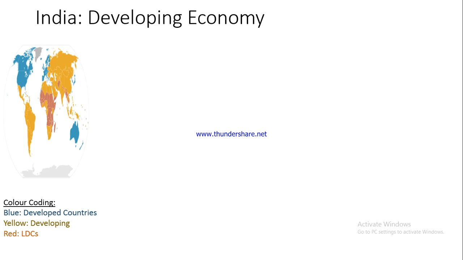So now let us understand why we are terming India as a developing economy and not as a developed or least developed country. Let us look at some of the reasons why India is considered to be a developing economy. The first reason is that the per capita income in India is increasing. Per capita income, or per person income, is the total income generated in a country divided by the total number of people residing in the country, the total population of the country. This gives you an idea about the per capita income. And in India it is steadily increasing, which is an indicator of